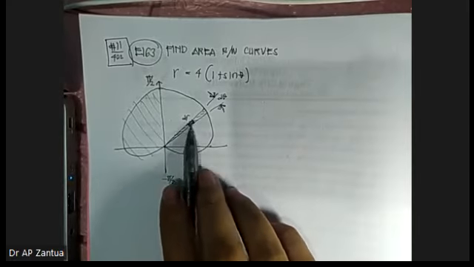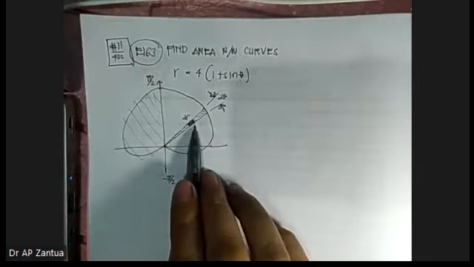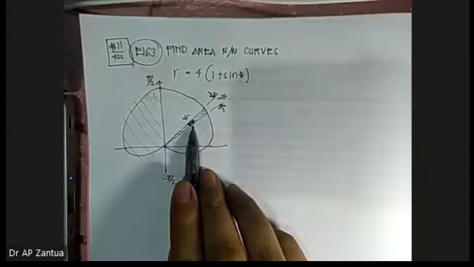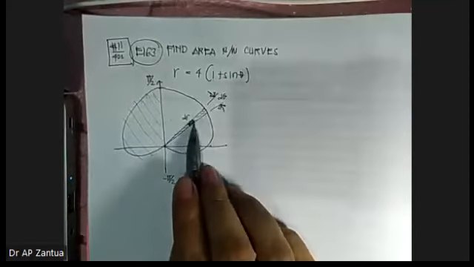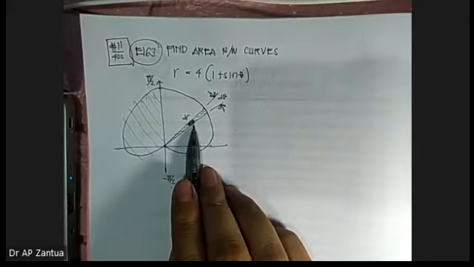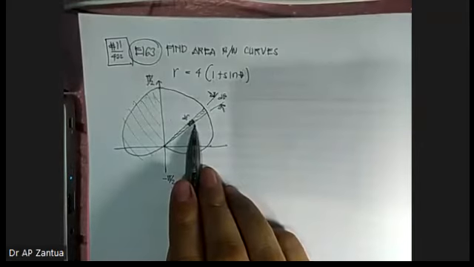Because why is this inner? Because this is inside the first strip. That's why this is the second strip. Therefore, this is the interior